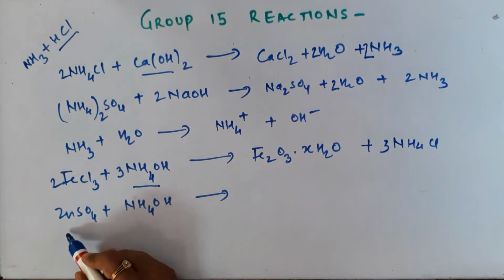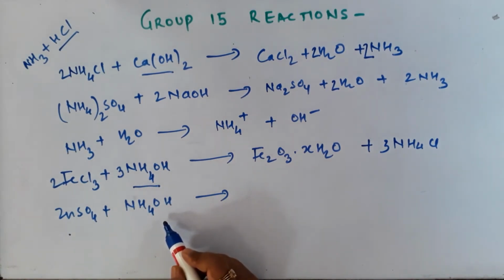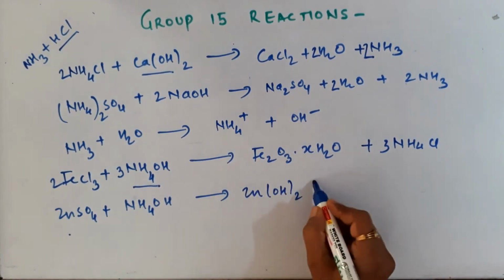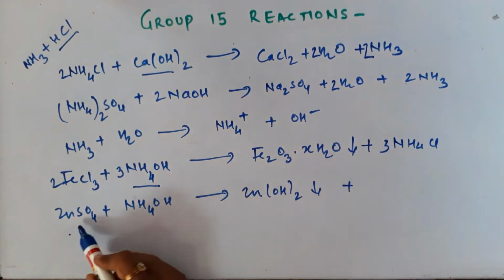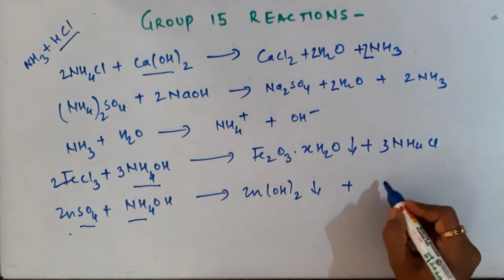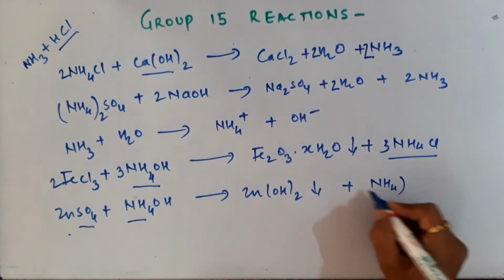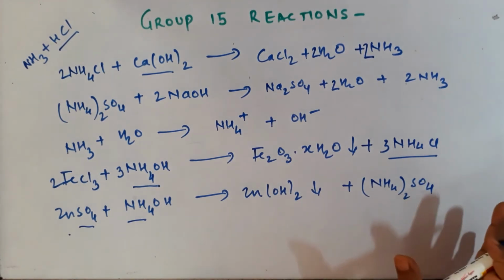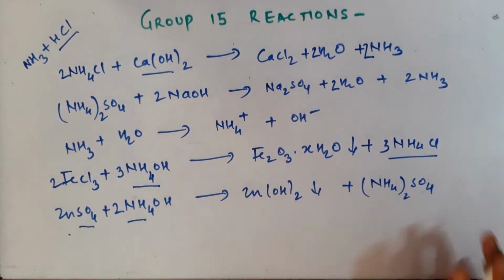Now zinc also is a white salt, and to precipitate it we are using ammonia liquor or ammonium hydroxide. So we will get a white colored precipitate of zinc hydroxide and an ammonium salt. So that is the way you have to think, understand, remember, and balancing later on. So this is already balanced. Okay, let us see some more.